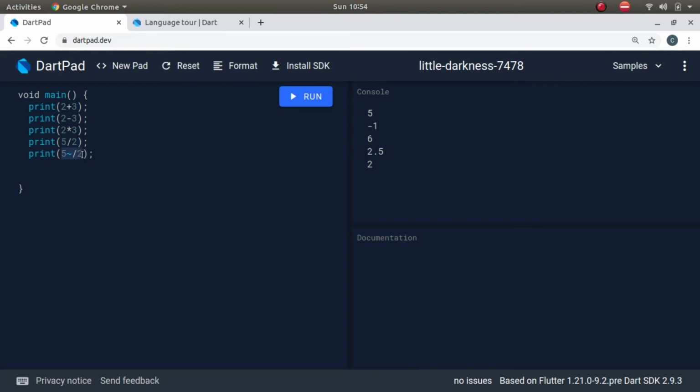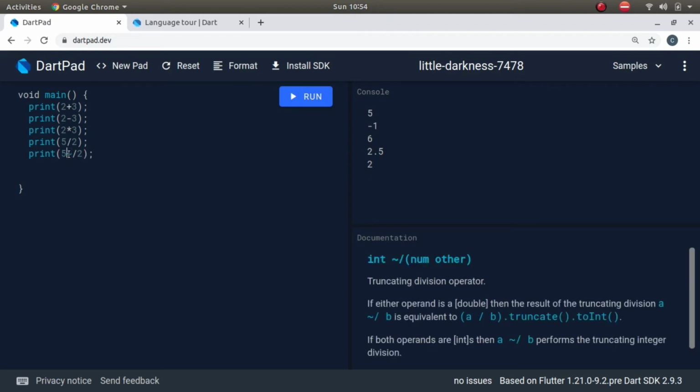And to display it as an integer, rounded down to the previous closest integer, we have to use this symbol. See, this is the truncating division operator. The name of the operator is truncating division operator, according to the documentation of Dart.